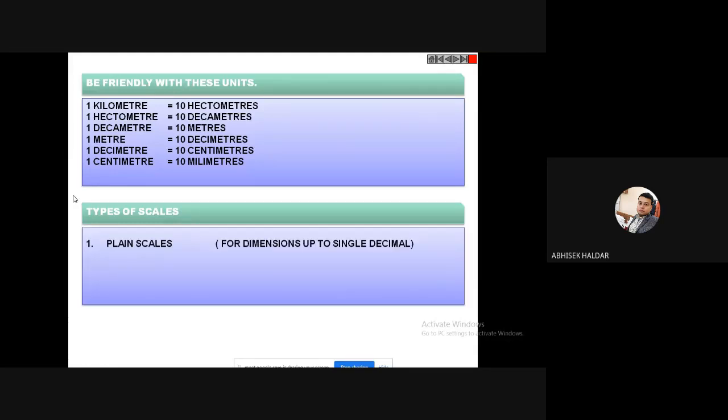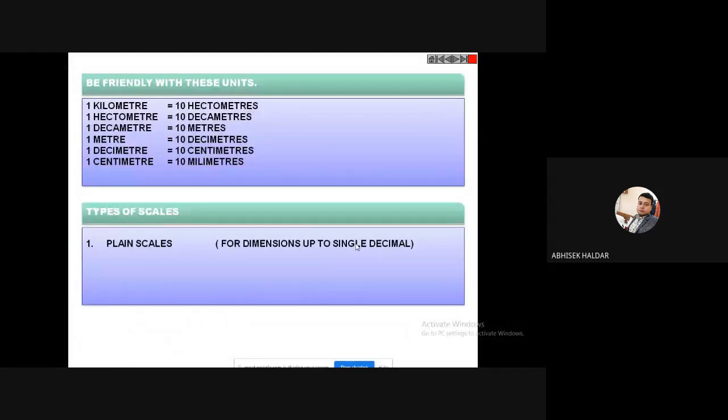Plane scale. First one is the plane scale for dimension up to single decimal. Plane scale means whatever scale we use in our day-to-day life to measure some length. That is your plane scale. Now that plane scale is able to measure up to single decimal. That means if I ask you to measure 5.1 centimeter, you can measure it by your scale.